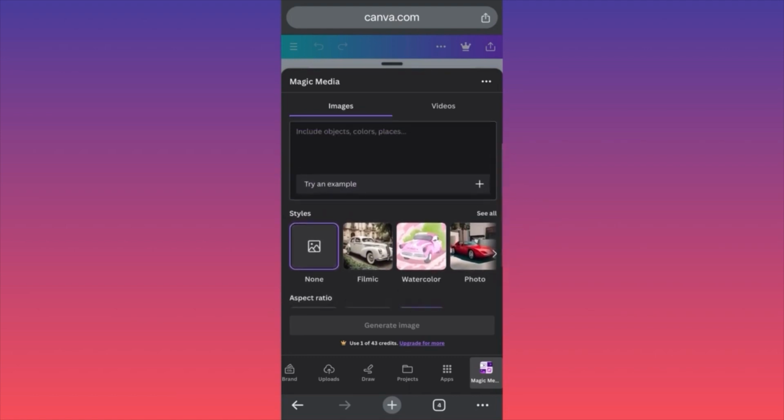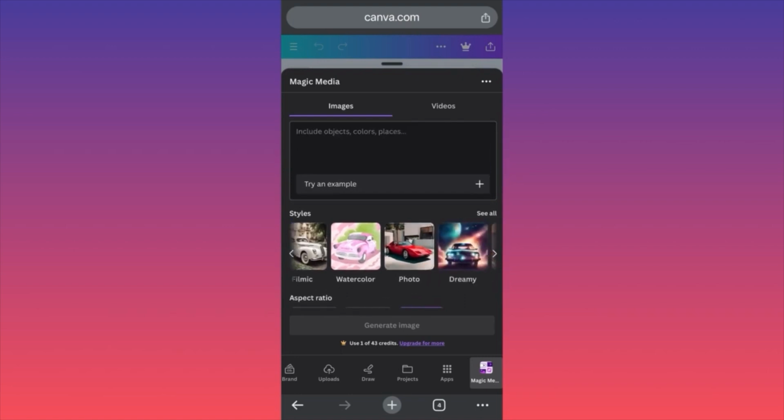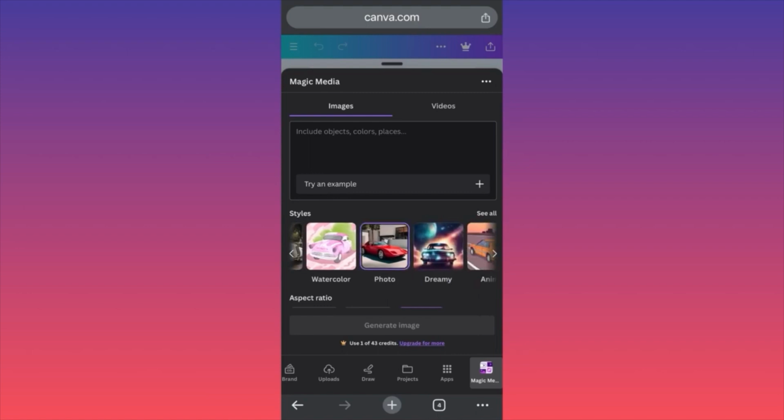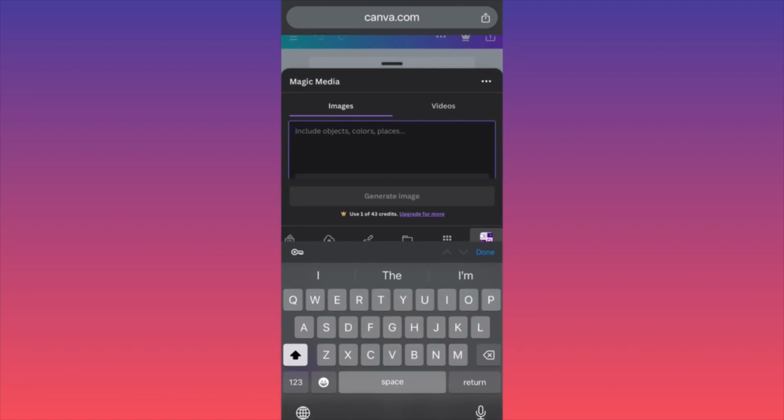The second thing you want to do before inputting your prompt is to check the styles and pick the right style for your image, for your design. We're going to create the Instagram story. I'm going to opt in for the photo style, which is kind of an additional layer on top of the original content. So for the prompt, you want to make sure you provide as many details as possible, so this will make your content even better. In my example, I'm going to create